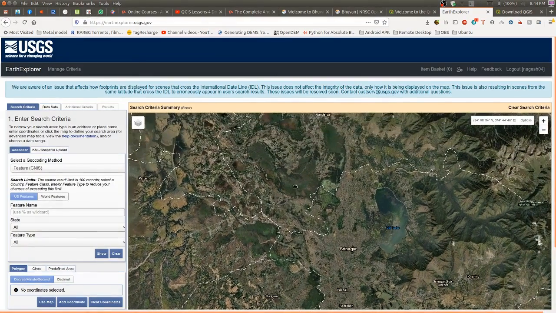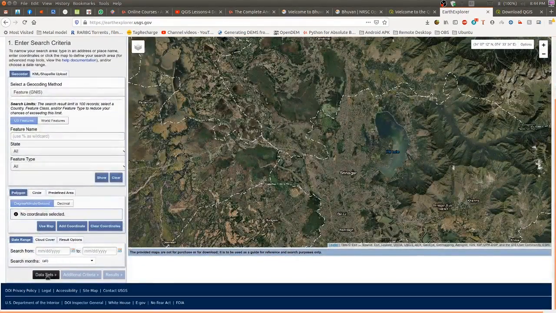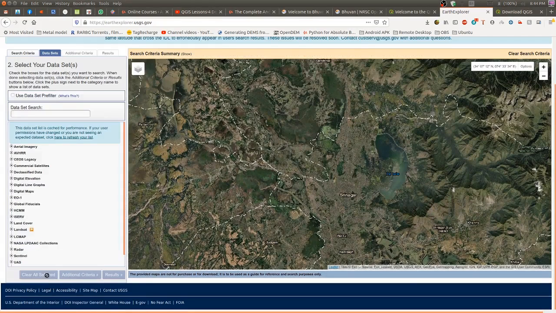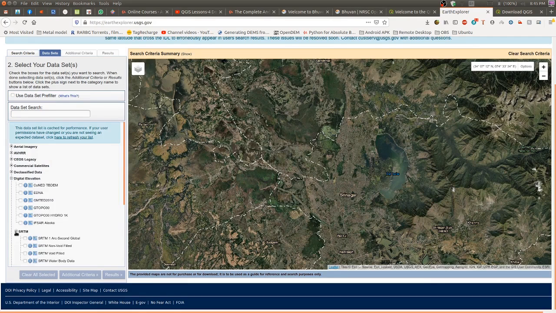This is the area. Now here you click on the data set and go to digital elevation and then go to SRTM.